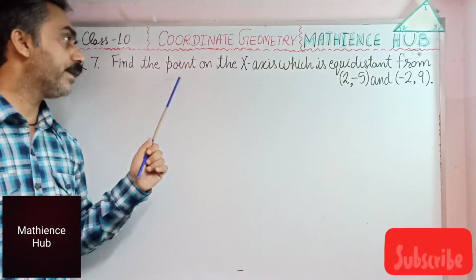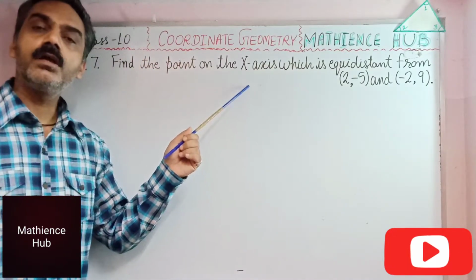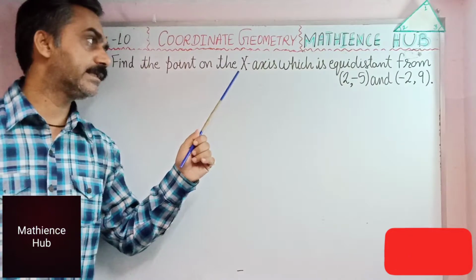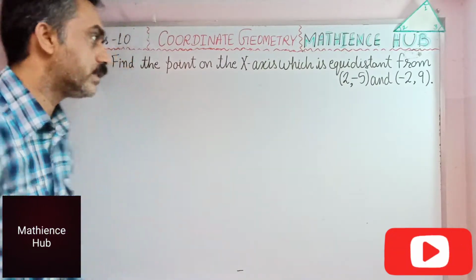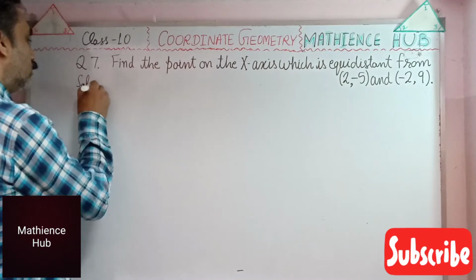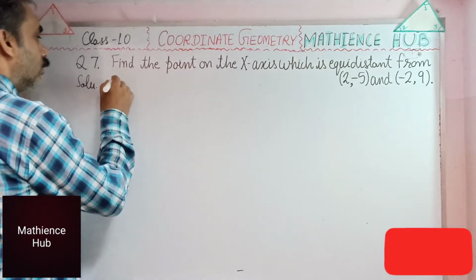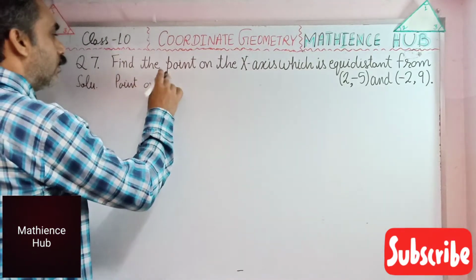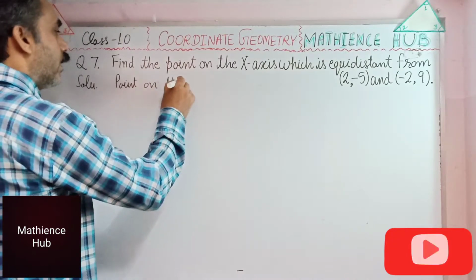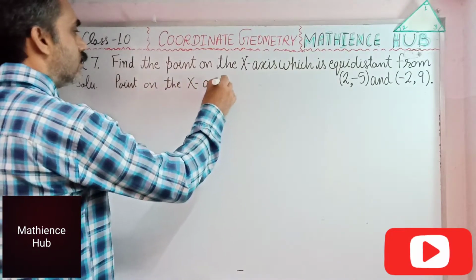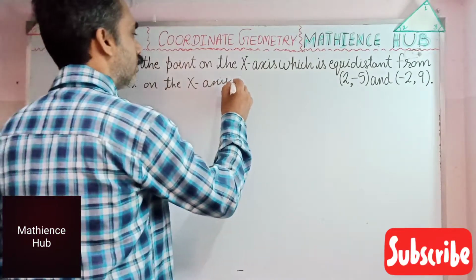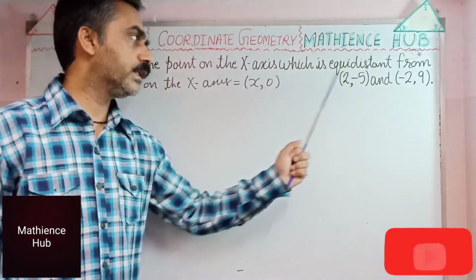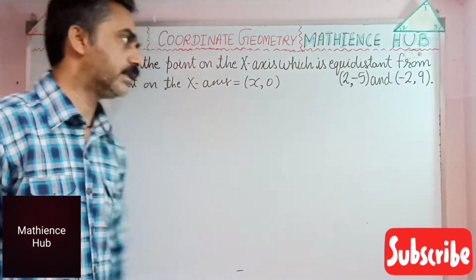We know that any point which lies on the x-axis has coordinates (x, 0). The y coordinate is 0 on the x-axis. So the point on the x-axis is (x, 0). By the question, (x, 0) is equidistant from this and this. So we write here